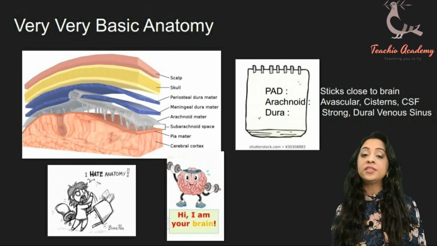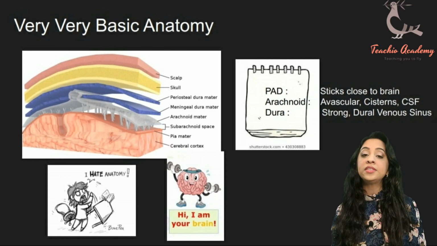Now guys, you need to remember the mnemonic for this. So it is PAT. Okay, so starting from the innermost to outermost, that's going to be your pia mater, your arachnoid mater, and your dura mater. The thing I want you to remember about pia mater is nothing. It's basically just a layer which sticks to the brain, and it's very closely stuck and doesn't really appear on your head CT scans, but just keep in mind that it is there.